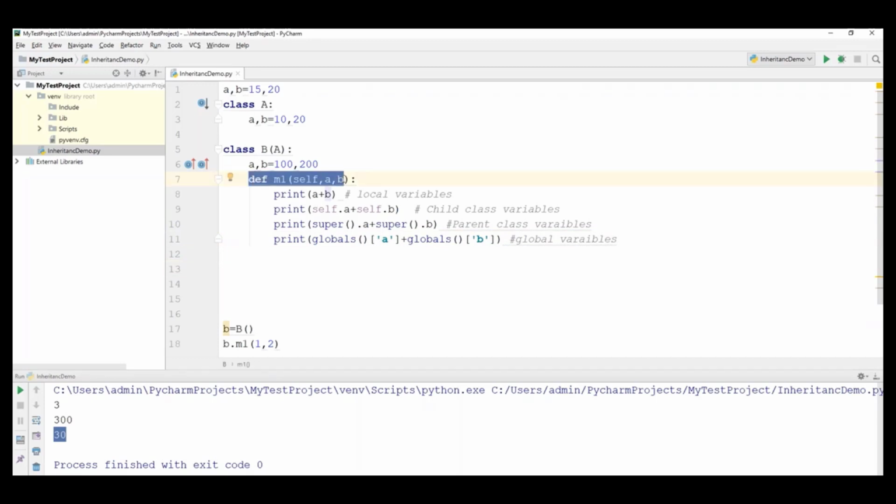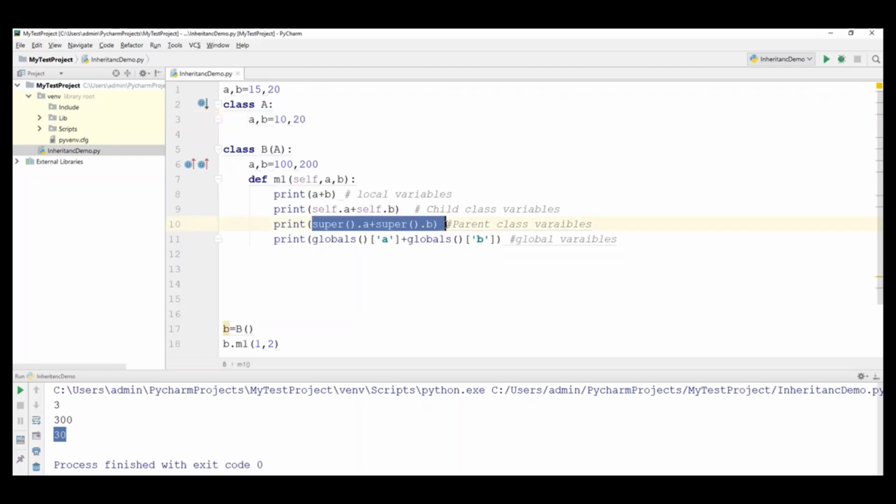So this is how we need to access variables at different levels. In method m1, a, b are local variables we can directly access. Class variables we have to access by using the self keyword. Suppose the parent class also has the same variable names. How can we differentiate? By using the super keyword we can differentiate. So super.variable name, we can call like that. Suppose the parent class has different variable names, then we can still use the self keyword, no issues. But here the parent class and child class have the same names, so in that case we have to invoke the parent class variables using super.